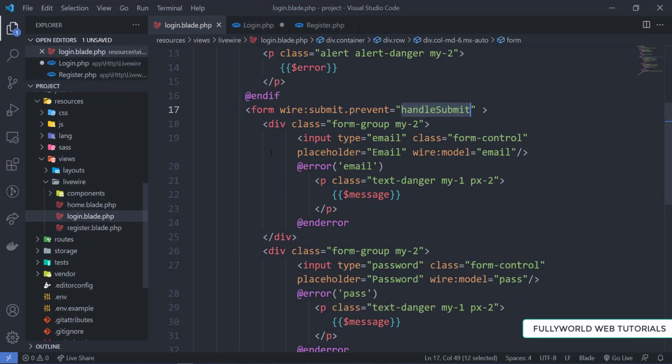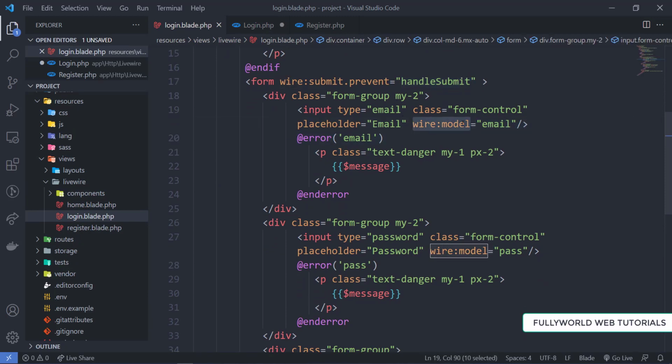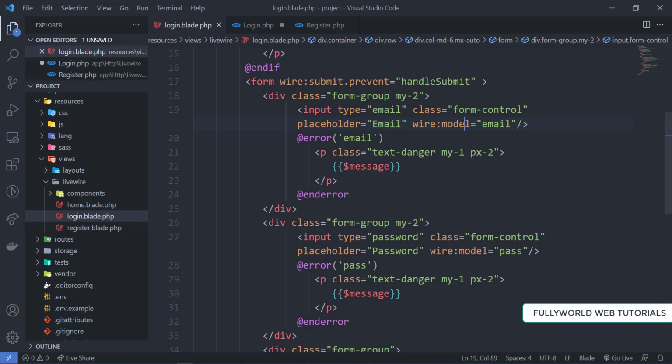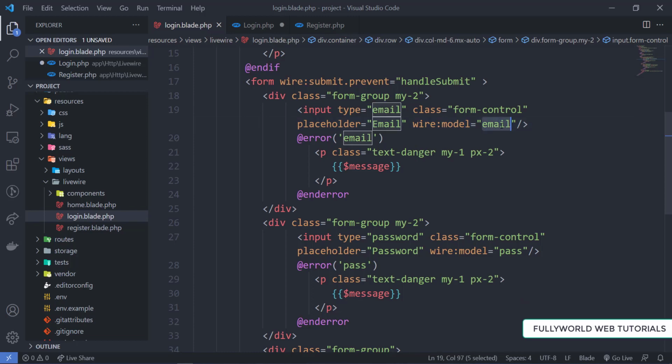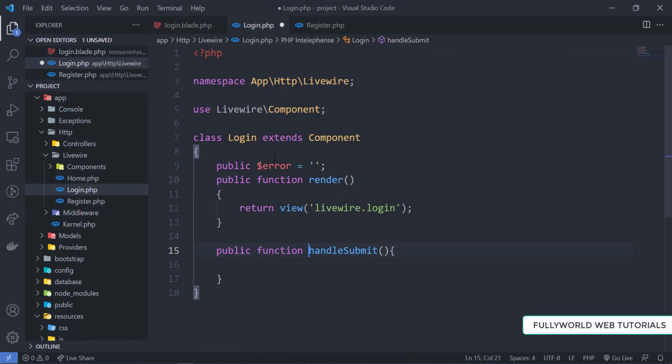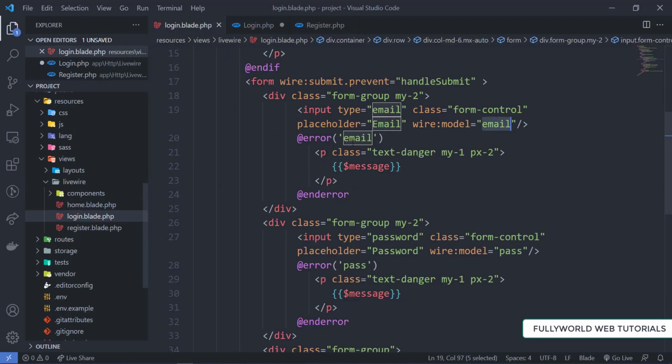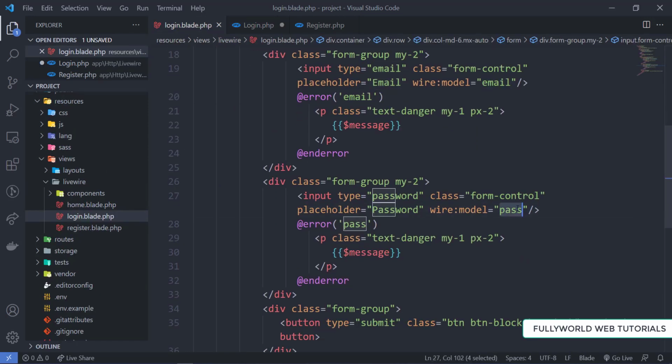Done this, and now see that in the class here in the email field there is wire:model. This is the same as ng-model and v-model, or like setting the state in React.js. It is the same as that. So here email is the variable that is bound through this page here. So here we have to define the same variable like this. We have defined the error variable here. It will be name, and the same for pass we have defined.